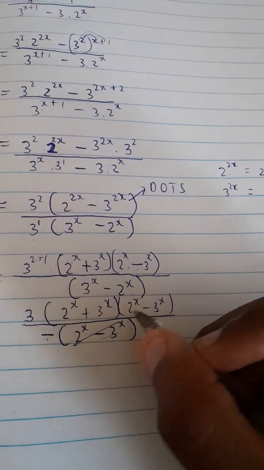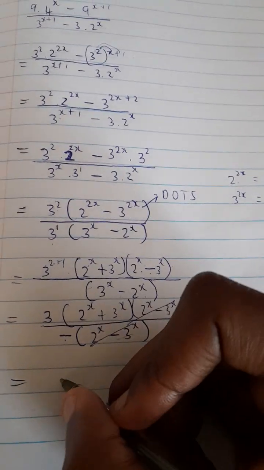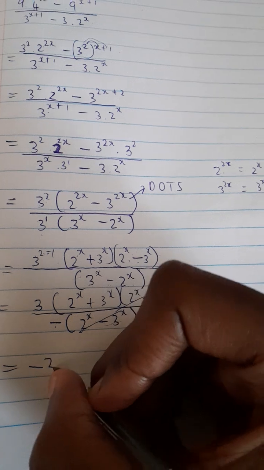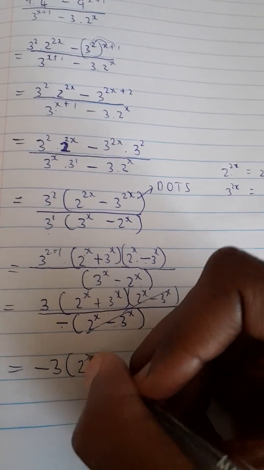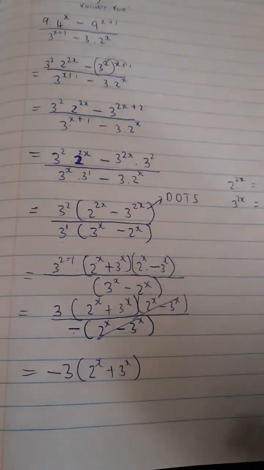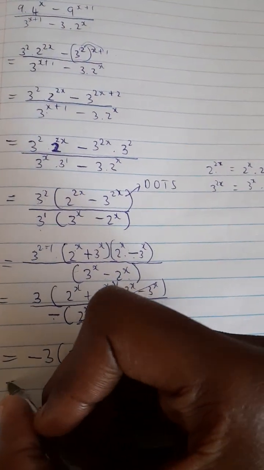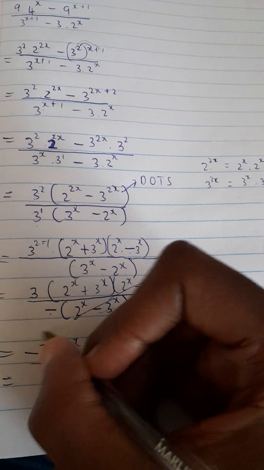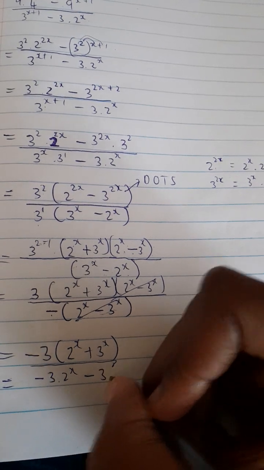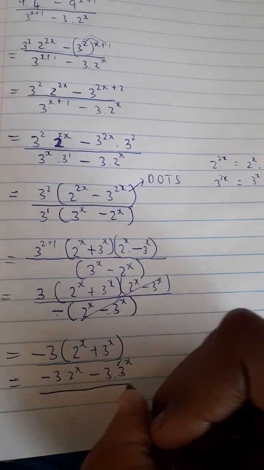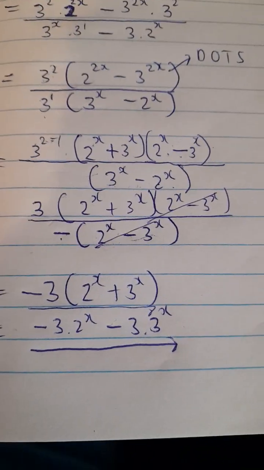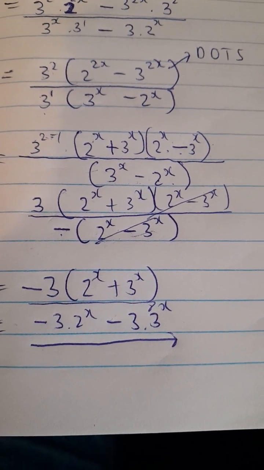But we then are allowed to cancel these two, which leaves us with an answer of positive divided by negative gives us a negative 3 brackets 2 to the power x plus 3 to the power x. Okay, and then some people would even go ahead, instead of leaving it like this, distribute the negative 3 so that you get negative 3 times 2 to the power x minus 3 times 3 to the power x, and then they leave it like this. That would be perfectly fine. That's okay. All right, I hope this question is good without any